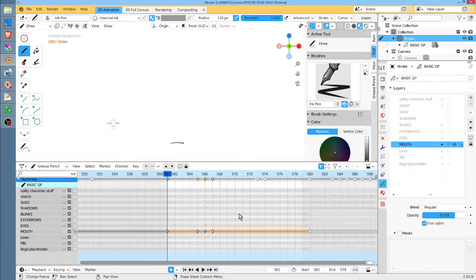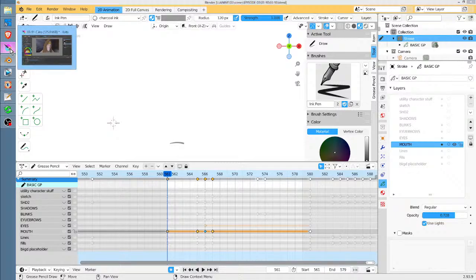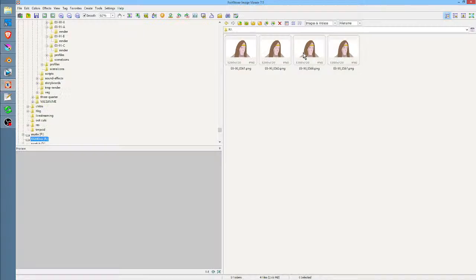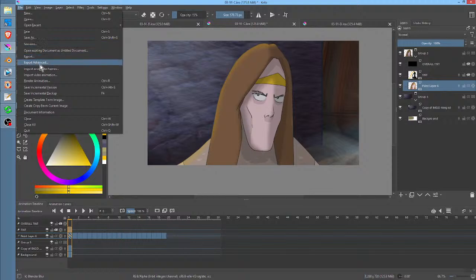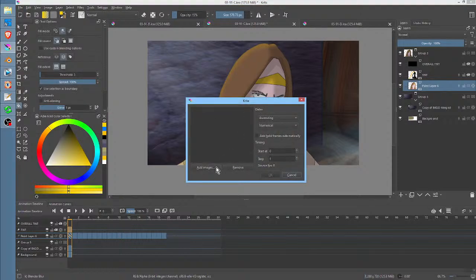So you're going to have these 4 keys. Now this is the interesting part about that. Over here now, I've got 4 keyframes, and based on their numbers, they're not sequential, right? Because Blender only rendered the frames where something has changed. It didn't render all the frames in between. So that's a useful thing. The main problem with it is when you go to import them into Krita,